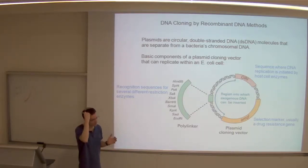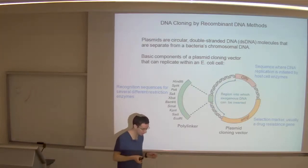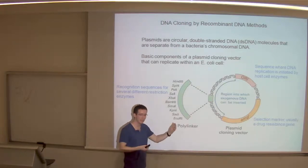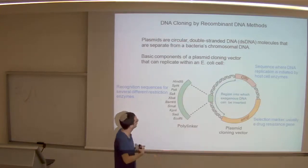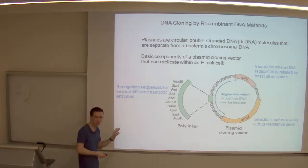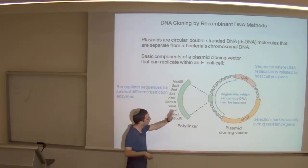It's like a virus in the sense that it has only DNA. It has nothing else. It does not have its own proteins and so on. And it's a parasite because it uses the DNA replication machinery of the host cell to replicate its own DNA. So that's why we call it a parasite. It was isolated, it's there in nature, but we have taken it out from nature and changed it in so many ways. Now we have many different plasmids that we use, but I would say that all of them would have